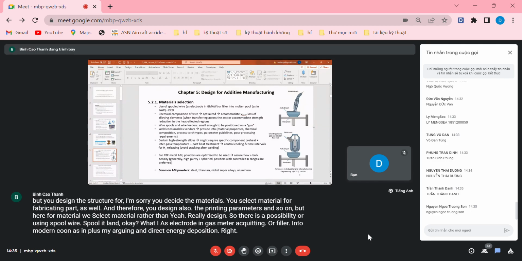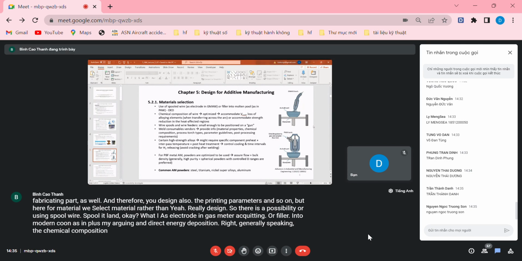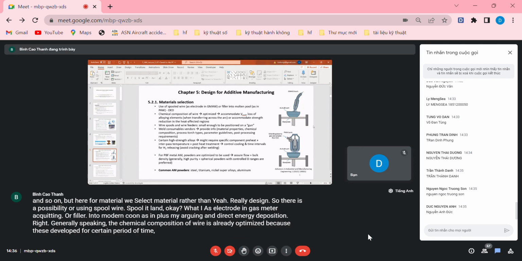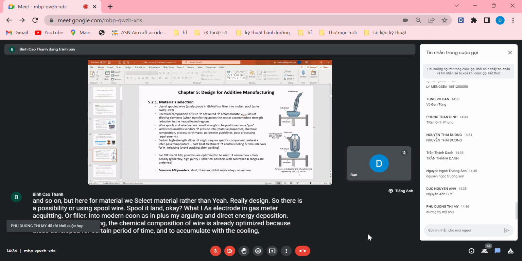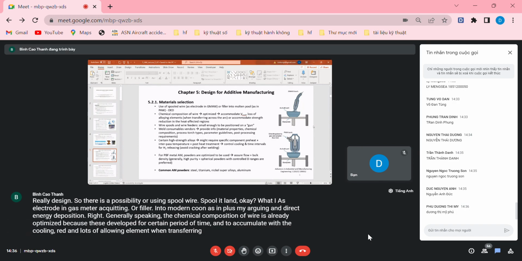Generally speaking, the chemical composition of wire is already optimized because it has been developed over a certain period of time, and to accommodate the cooling rate and loss of alloying elements when transferring across the arc, because you know that the arc